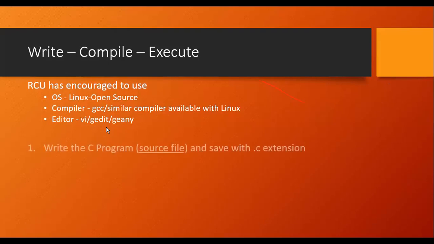Now, as I said, the three things that we need to do in order to execute a program. First, we need to write the program. Now you might know that files, you can take any of the files, will have a kind of extension. I'm not sure how many of you will understand the extension. Let me first show you some extension files, then you will be clear with that. Give me a moment.